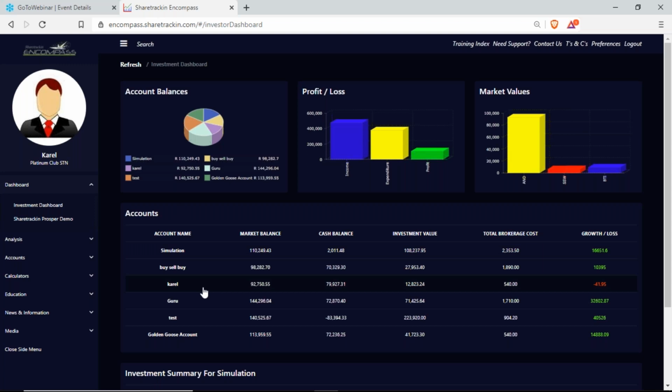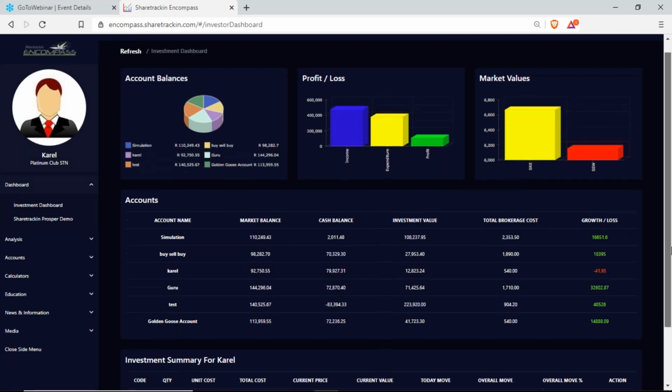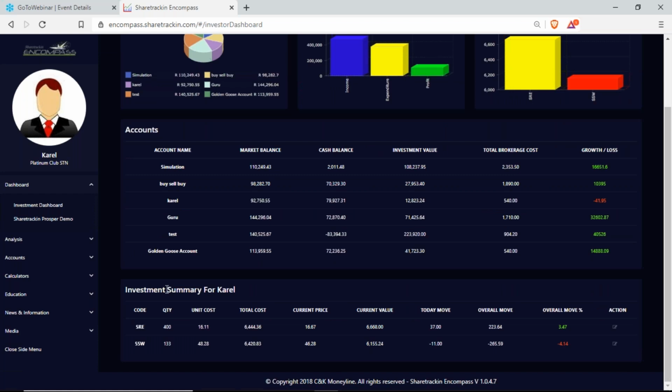Now I go to the Karel account. So I click on the account, it will load. And when I scroll down, there's the investment summary for Karel. Now I see there's SSW. Okay, I can see my break-even point shift a little to 4.14. Okay, the overall percentage or the overall move is in rands. So I am already in a loss of